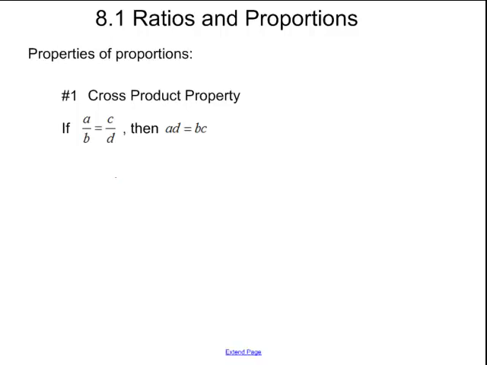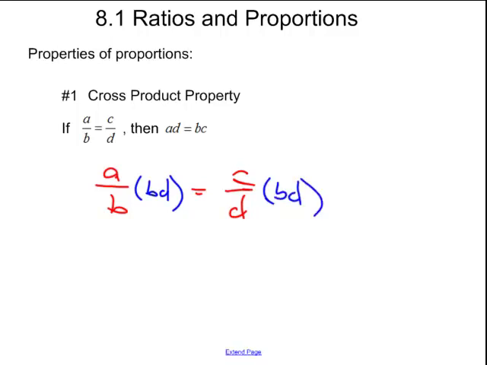I have A over B is equal to C over D, and let's say I want to have a common denominator. I think I'm going to multiply both of these terms by BD. The multiplication property of equality says I can multiply both sides of an equality by the same scalar and I will end up with the same number. So if I do, I'm going to get on the top, A BD over B is equal to